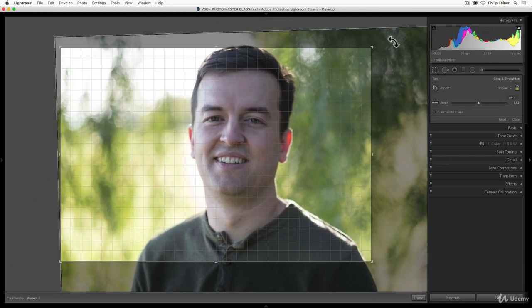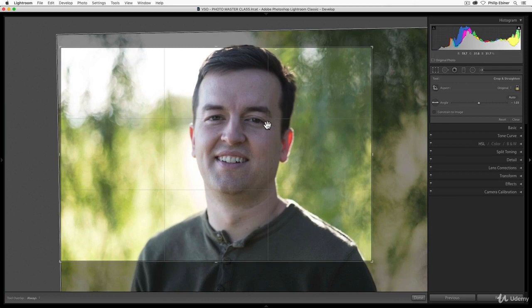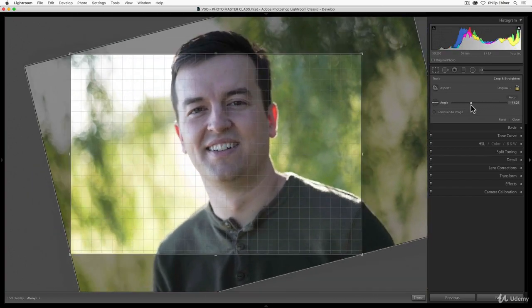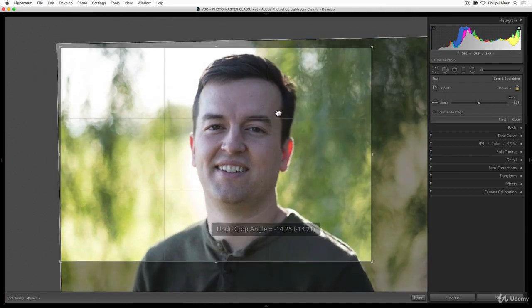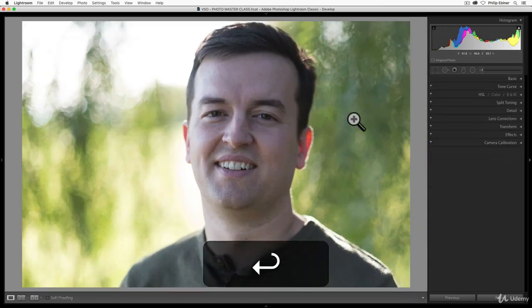Try to make my eyes more aligned or more parallel along the lines. You also have this angle, which is a cool quick way to adjust the rotation of an image as well. So say we're happy with that. I'm going to press return on my keyboard, and now we have cropped it.